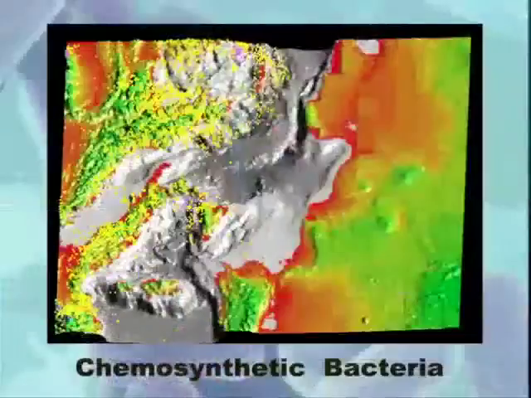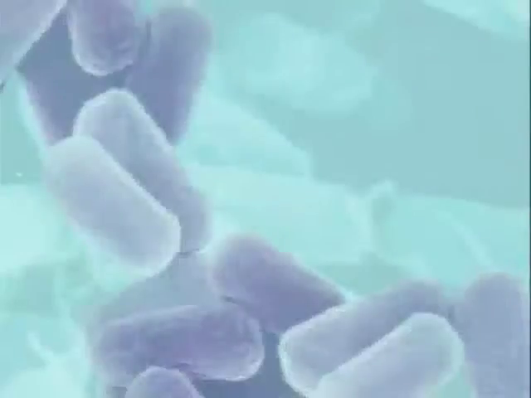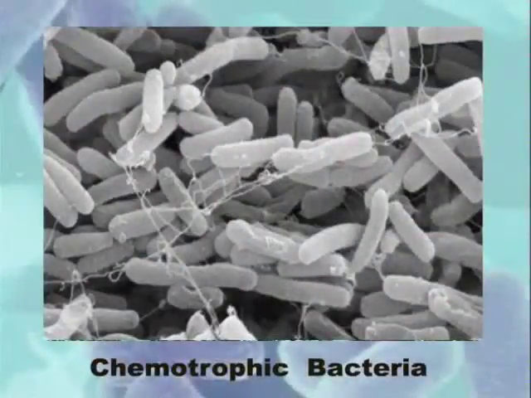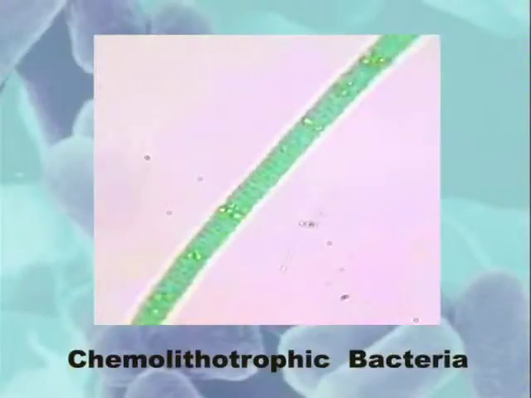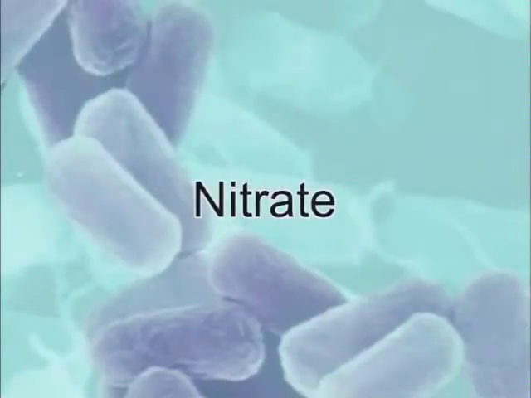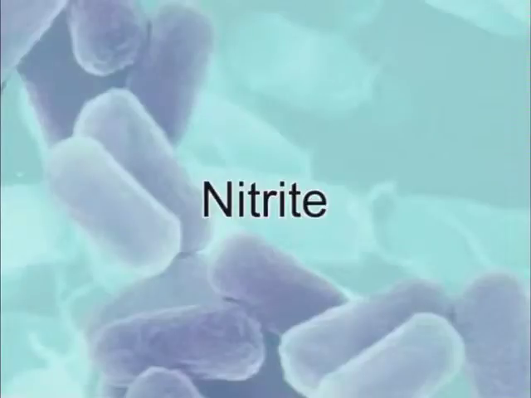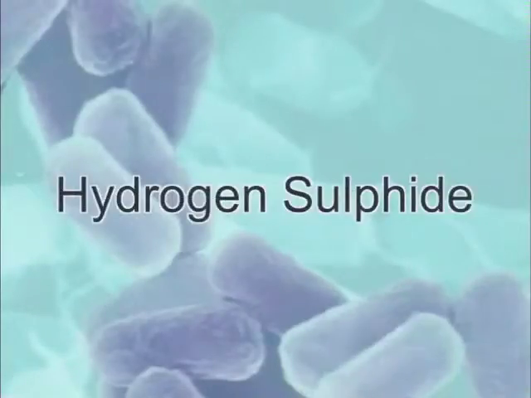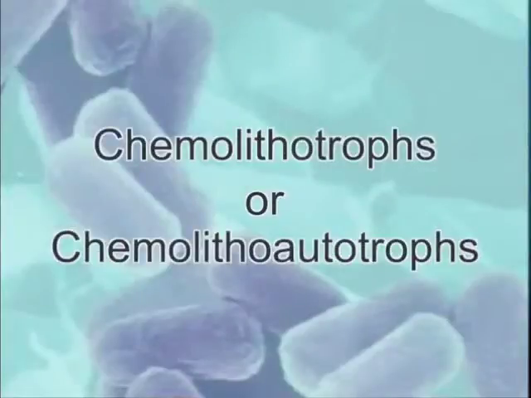Chemosynthetic bacteria. Chemosynthetic or chemotrophic bacteria are most abundant and are important geochemical agents. These are non-photosynthetic but autotrophic bacteria. Such bacteria derive energy and electrons from ammonia, nitrate, nitrite, ferrous ions, hydrogen sulfide, and other inorganic compounds for the synthesis of their food. Hence, they are called chemolithotrophs or